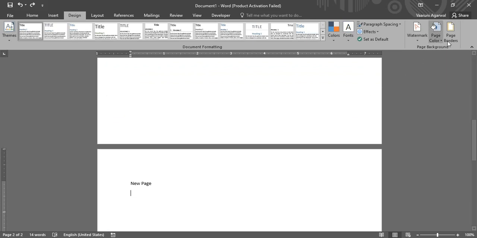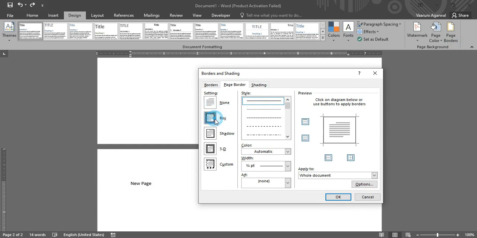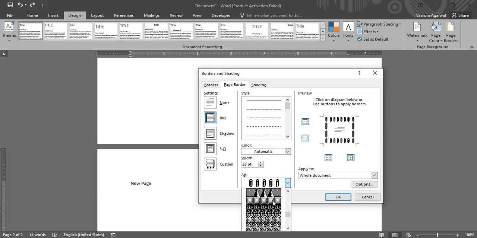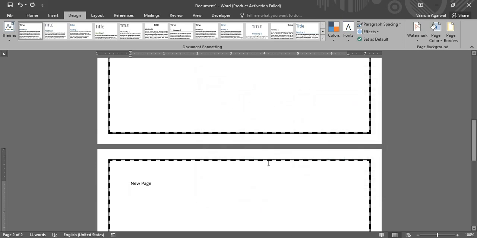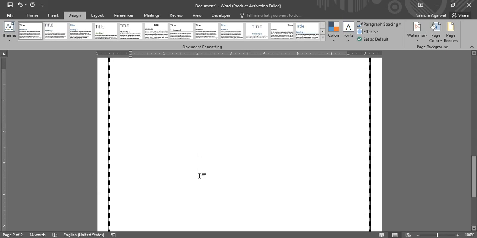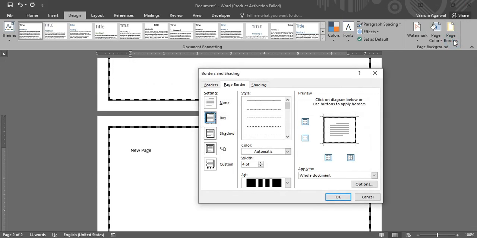Okay, now let's again undo it and look for the art border to apply. This time we are going to select the art from all of these options that are given to us. You can scroll all the way to the bottom to see all the options that are available, right? Let's select this kind of paper clips option. In the preview tab, you can also view how your document is going to look ultimately. Just like this. Let's go with some kind of art like this. Okay, and if you click on OK, this is how the border is looking.